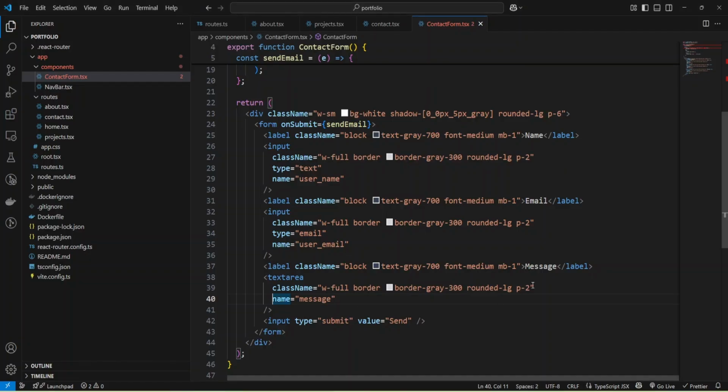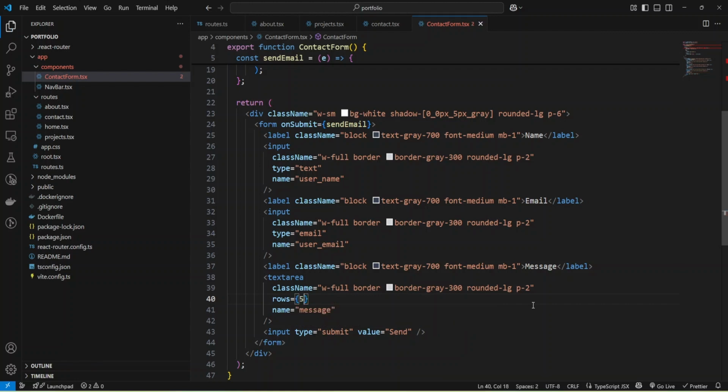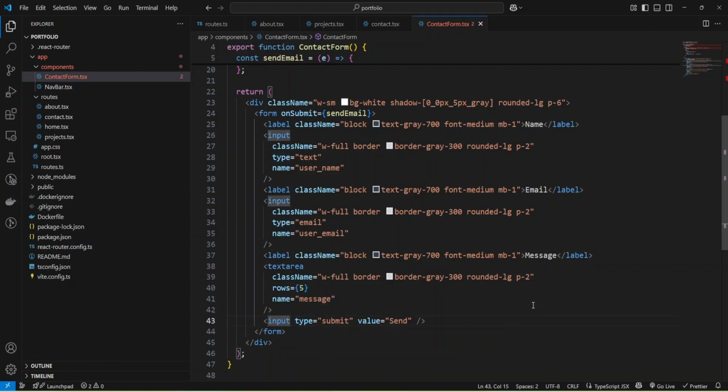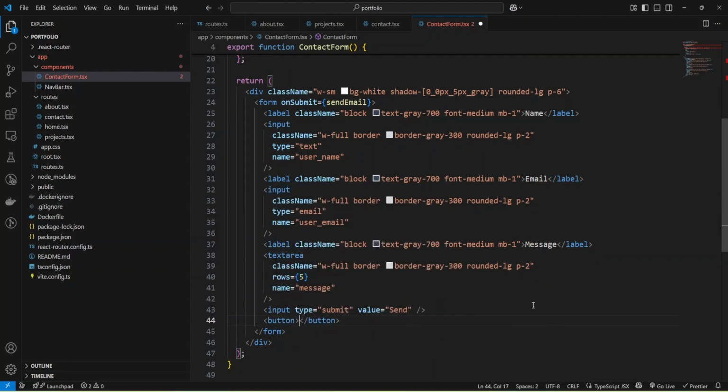And for the text area, we can define rows and provide 5. Also, I'd like to change this input to a button and provide the text submit, and the type will be submit.